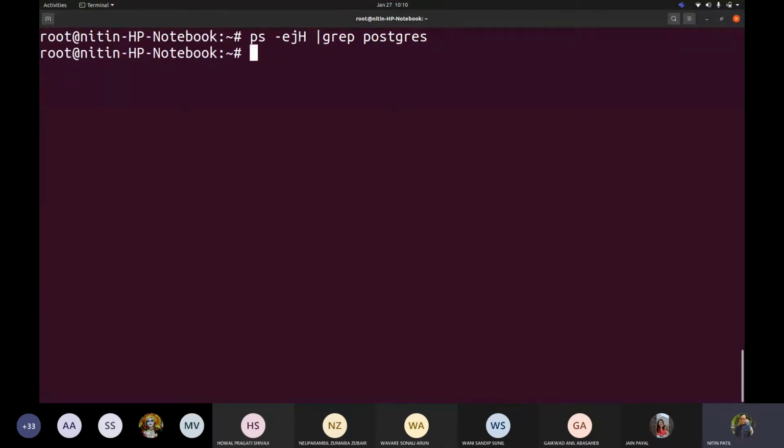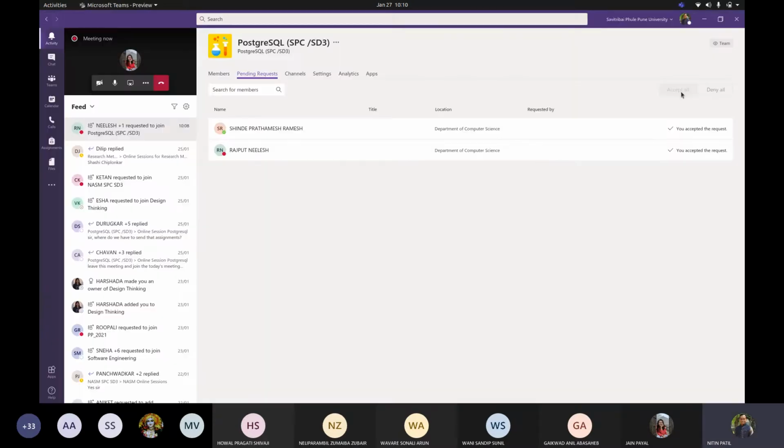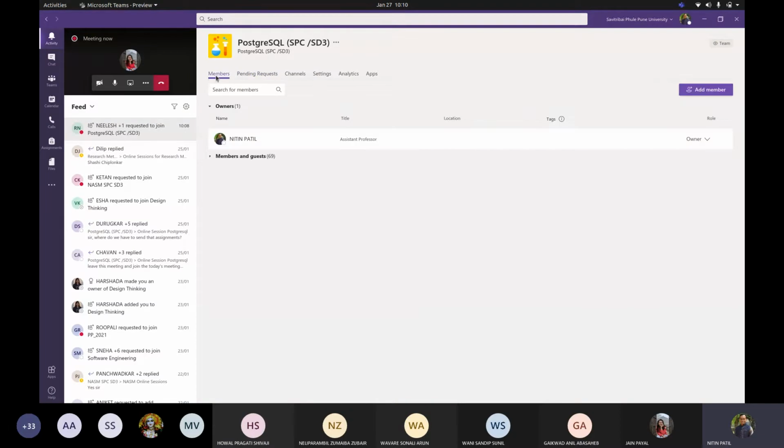Can you let me know, from the documentation, where you saw the file that would be fired, or the execution of the server or service related to the Postgres server would be initiated? Which command did you use to start your server initially? Can somebody tell me by unmuting? You can let me know. Okay. Have you seen that part?